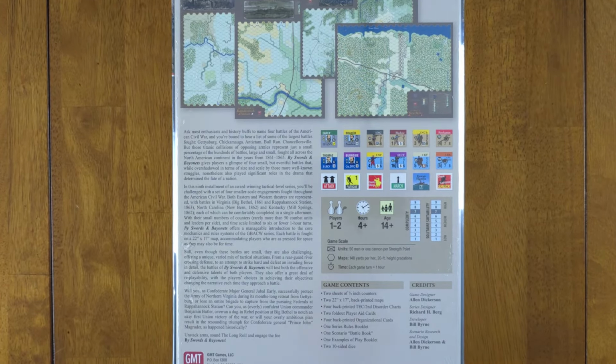All right, so it says, ask most enthusiasts and history buffs to name 4 battles of the American Civil War, and you're bound to hear a list of some of the largest battles fought: Gettysburg, Chickamauga, Antietam, Bull Run, Chancellorsville. But those titanic collisions of opposing armies represent just a small percentage of the hundreds of battles, large and small, fought all across the North American continent in the years from 1861 to 1865. By Swords and Bayonets gives players a glimpse of 4 small but eventful battles that, while overshadowed in terms of size and scale by those more well-known struggles, nonetheless also played significant roles in the drama that determined the fate